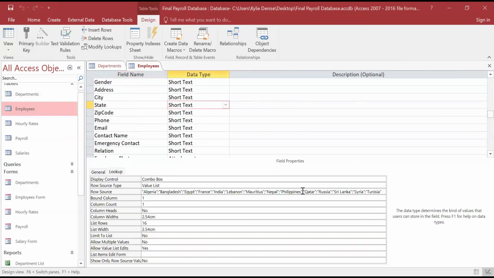Then here, after Philippines, we can put it. I think there's a problem with my keyboard. You just copy paste Philippine completely. Okay, make it in small case, no problem.